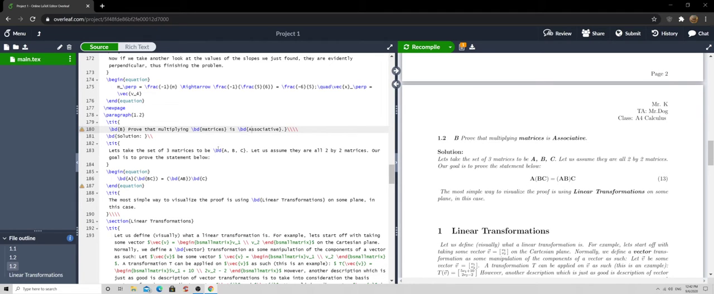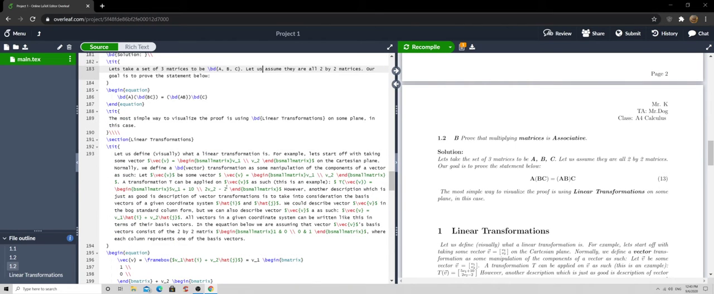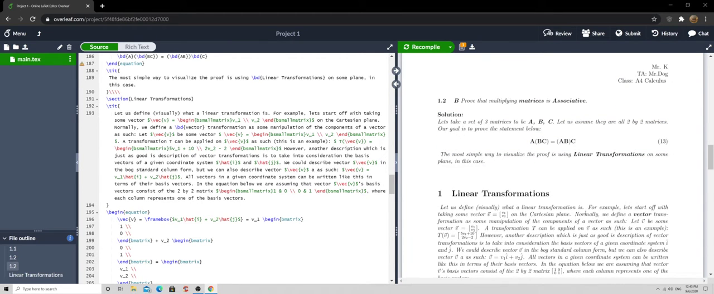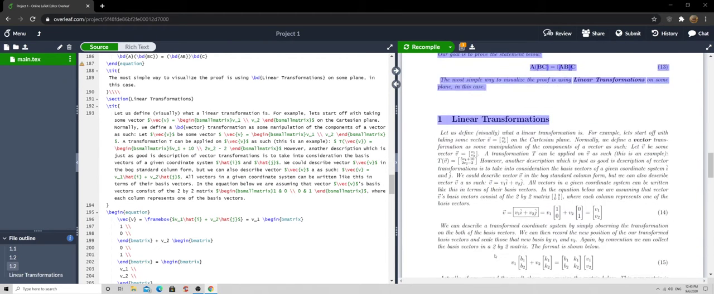Okay, and then I kind of have to edit this. Let's take a set of 3 matrices to be, okay, that should work fine. Let's just run that code. And there we go. This is the statement that I proved, and I just explained linear transformations because we'll do